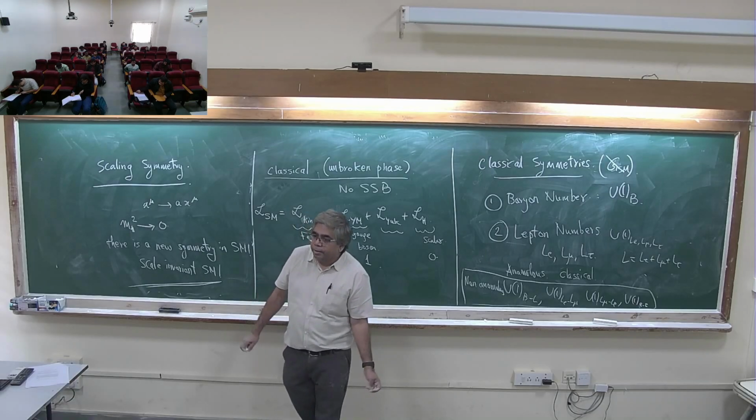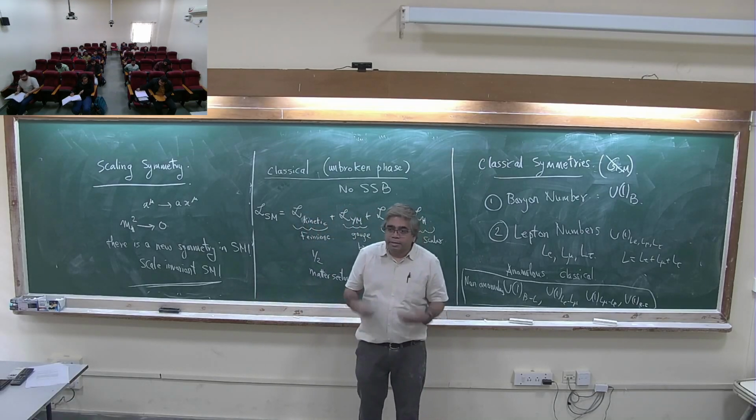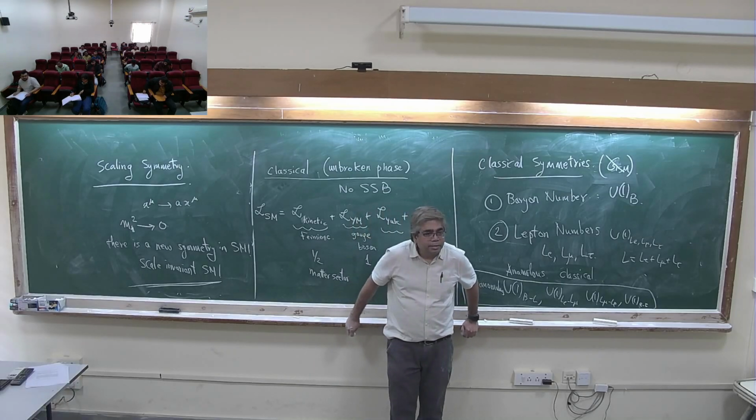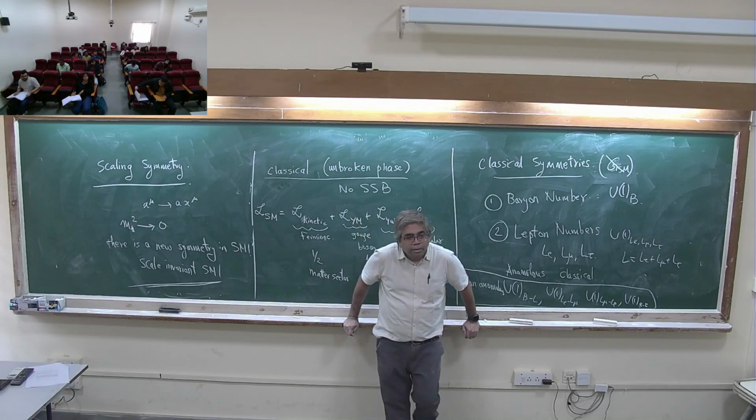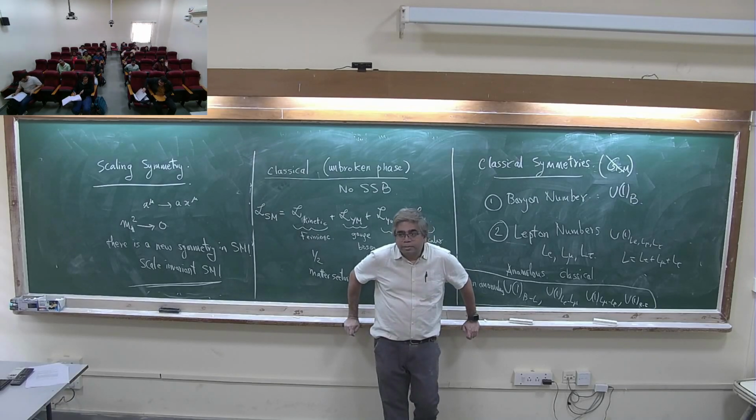Where do they come from? You can write down the scaling generator, the scaling symmetry. Poincare plus scaling symmetry plus special conformal transformation is what? Conformal symmetry. There is a theorem claiming that in 4 dimensions, scaling invariance is equal to conformal invariance, without having to add special conformal transformations.